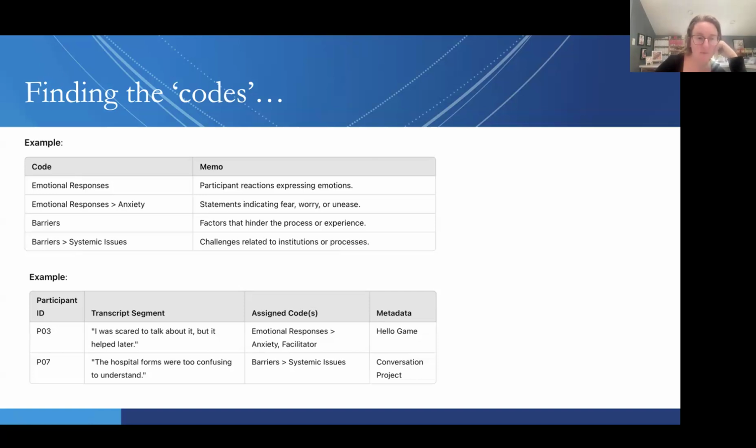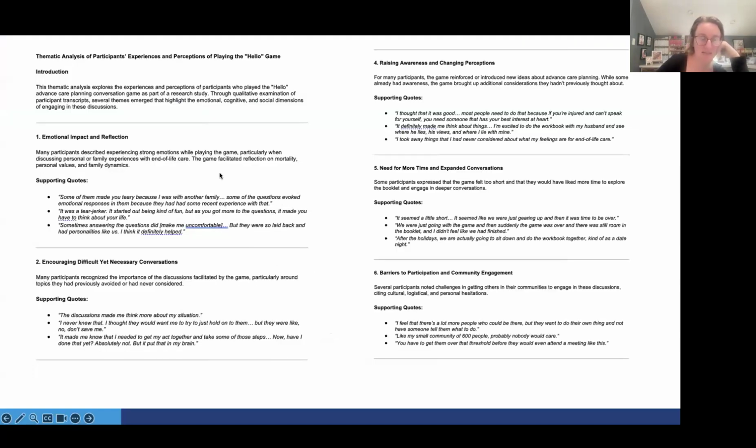concerning to me, even though when I look at these themes and I know this data super well, these themes are pretty spot on from stuff that I've done in the past and seem really appropriate.